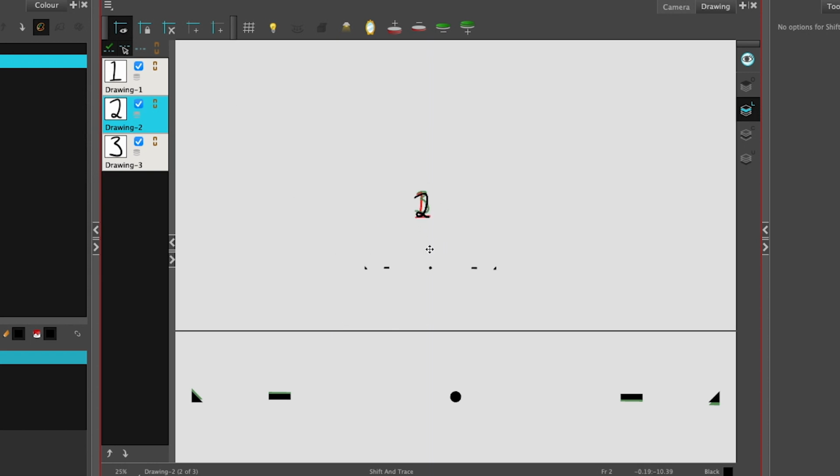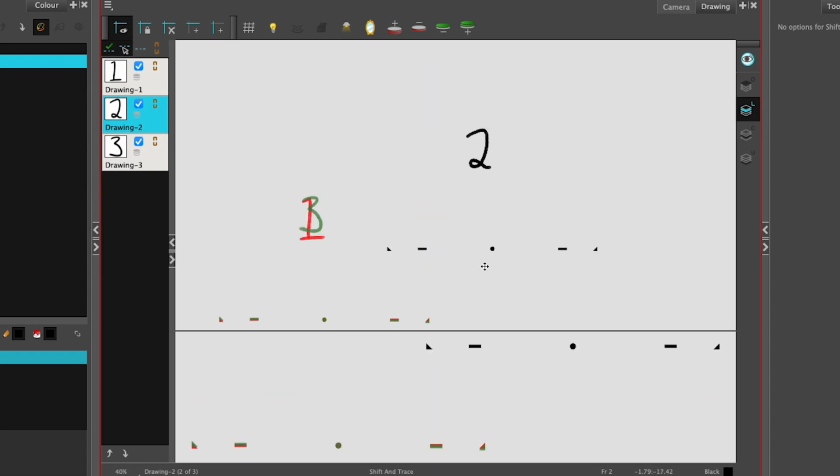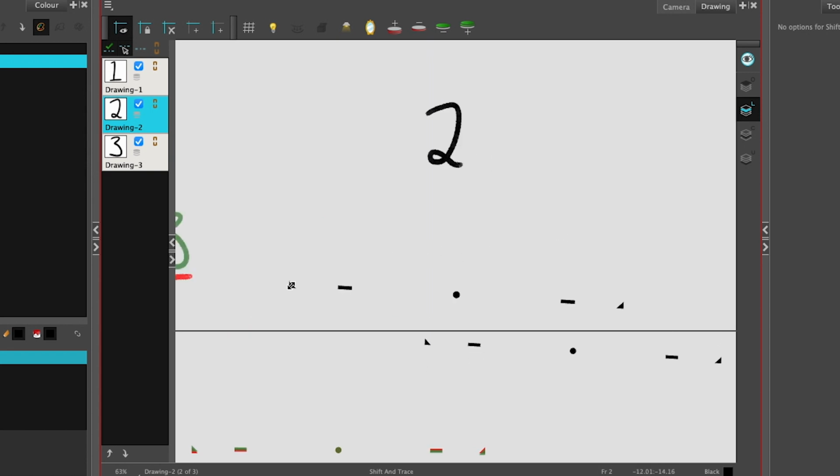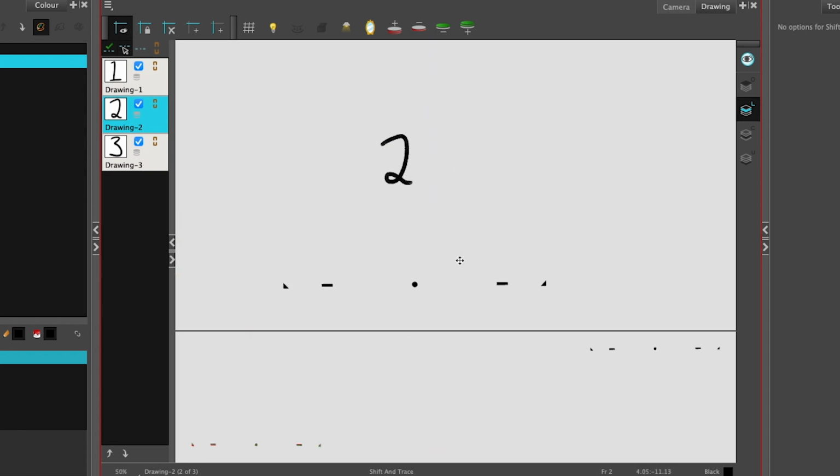To adjust the position, you can drag anywhere on screen, rotate around the center peg hole by using these rectangular pegs. Finally, scale via these triangles within the corner. If you hold Alt, you get a rotation pivot point. Hold Alt and drag anywhere to rotate around that point, and continue holding Alt and drag on that little circle, that pivot point, to adjust where that pivot point is. To do the same for scale, hold Shift and drag anywhere to change the scale from that pivot point, and continue holding Shift and edit that pivot point to again change where the pivot point is.